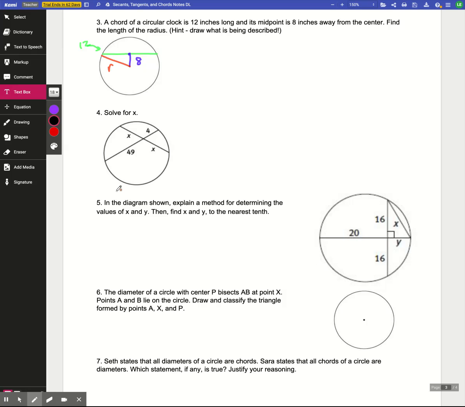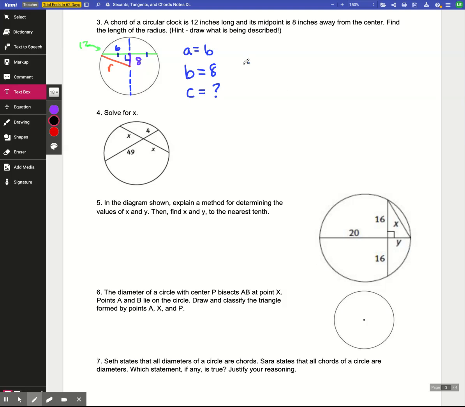Now, if you think back to some of our chord properties, we know that because it's a midpoint right here, it's like having a diameter that's intersecting a chord, right? So remember, one of our properties was that if that happens, that means the chord is bisected, it's cut in half, right? So if the entire thing is 12, then each of these would have to be 6. So what I have going on here is a right triangle where I know that one side is 6, one side is 8, and I'm looking for